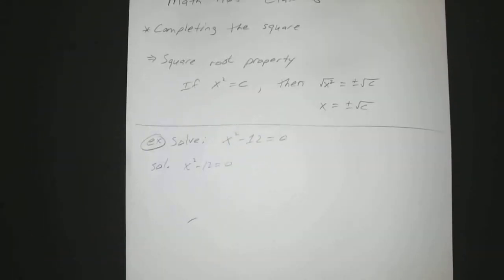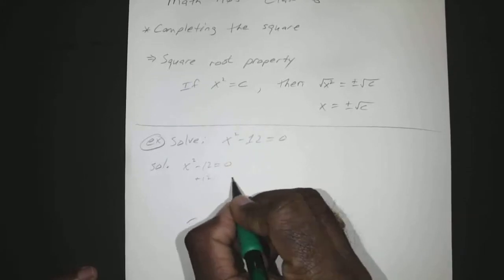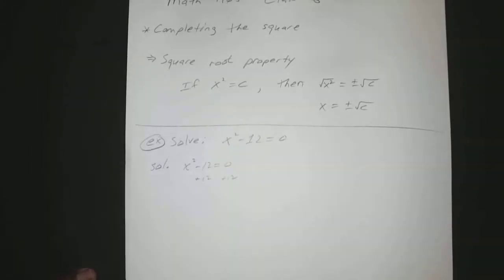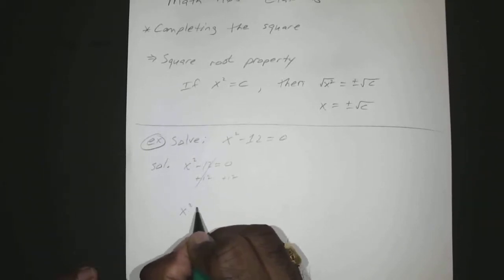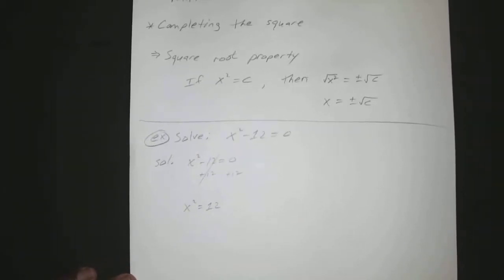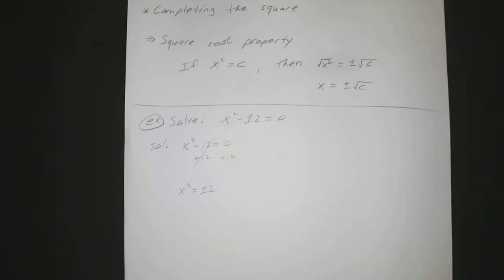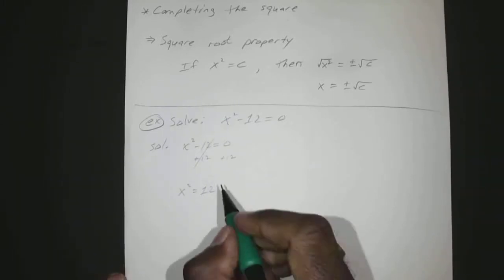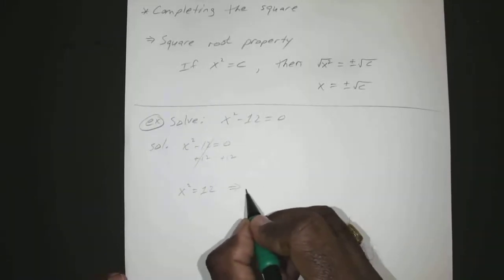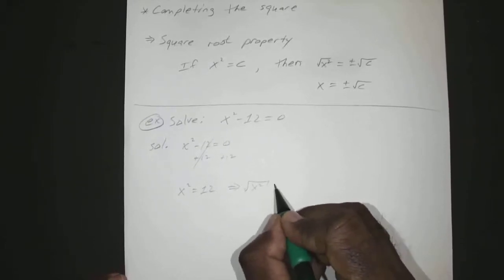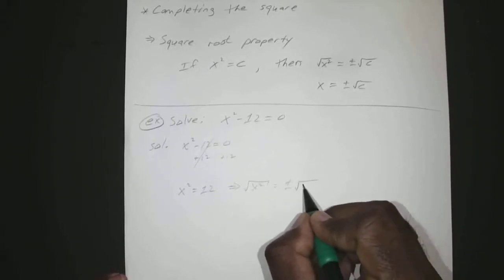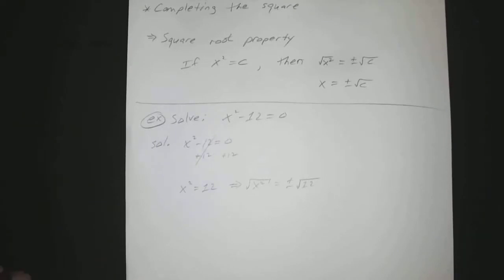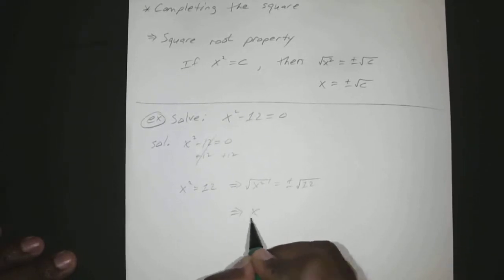If you just add 12 to both sides, negative 12 plus 12 cancels out. So you have x squared equals 12. So now we just square root both sides. So the square root of x squared equals plus or minus the square root of 12. The square and the square root will cancel each other out. So you're left with x